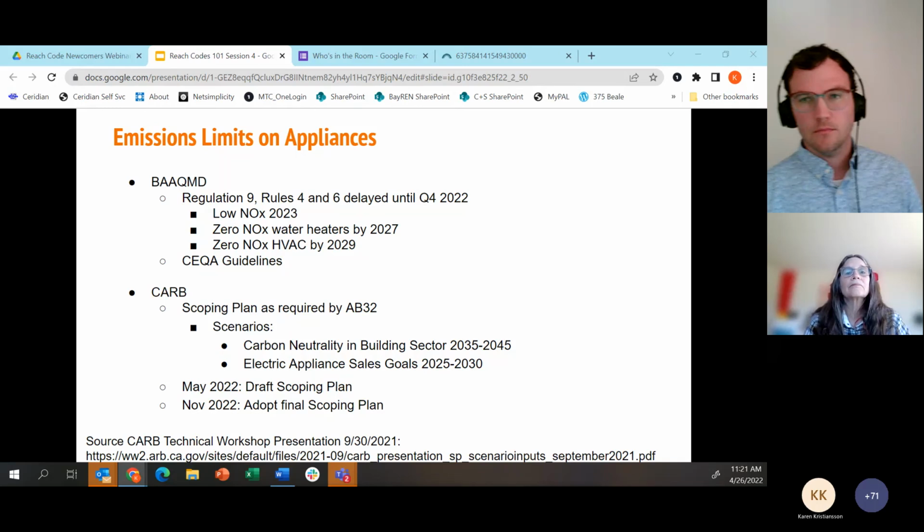In addition to that, there is one specific piece around the CEQA guidelines around all-electric construction that has just been approved by BAAQMD again. So in the Bay Area, there are new CEQA guidelines to help you support decisions, even if you don't have a REACH code, for promoting all-electric. There are lots of moving parts, but it's good to know what tools are in your toolbox. At least I hope so. All right.